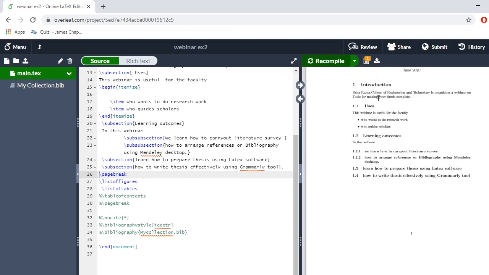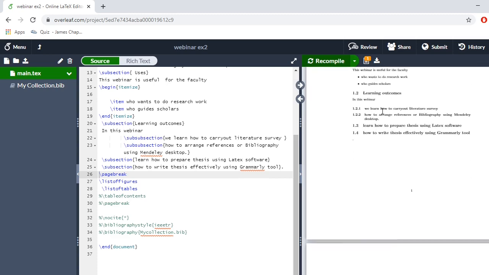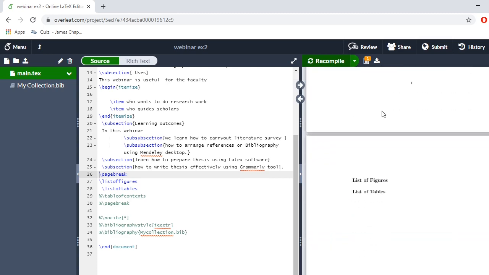You can see your document only here, and next page you get the list of figures. So the software itself will take care of all the figures and tables that are there in the entire document. If it is your PhD thesis or MTech thesis, there will be more figures and tables. So all these will be collected by this software, and it will give the page number and title, everything.